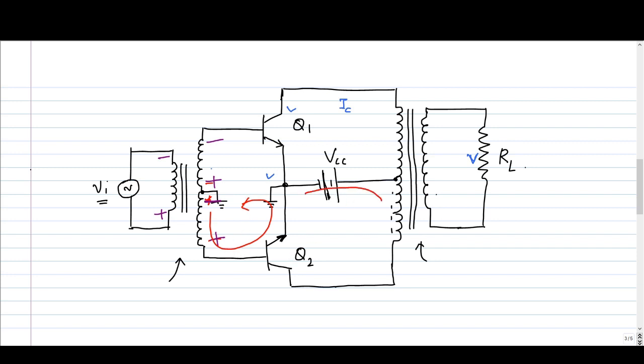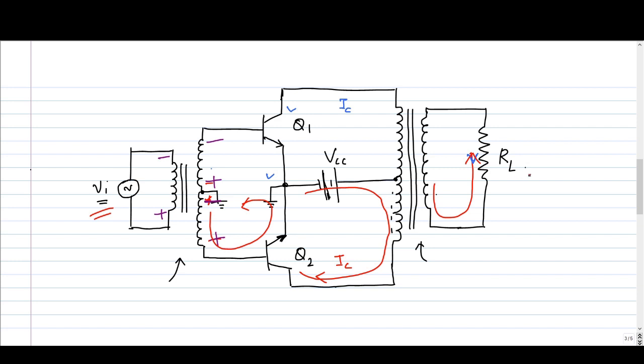So this VCC will circulate current through Q2 like this. Collector current will be flowing through Q2 like this. So the lower section of the primary winding is energized. So it will induce EMF on the secondary winding. So current will be flowing in the load. Okay. So load will be receiving power on both half cycles, both in positive as well as negative half cycle of VI. Load will be getting power. So a continuous supply of power is obtained.